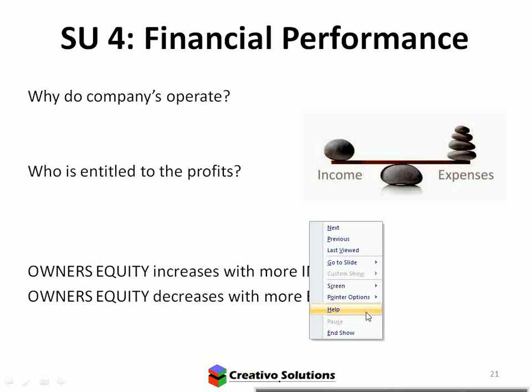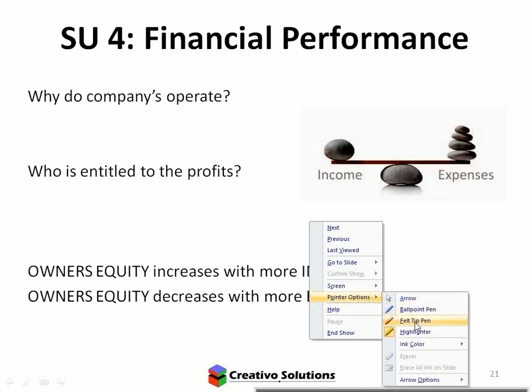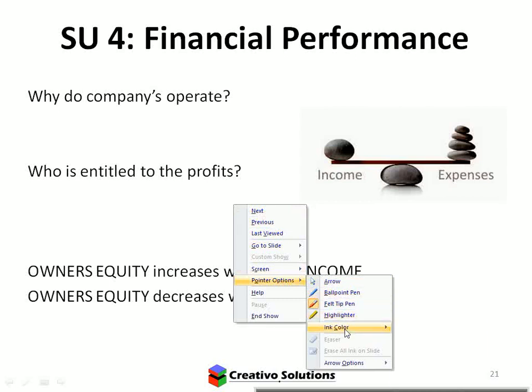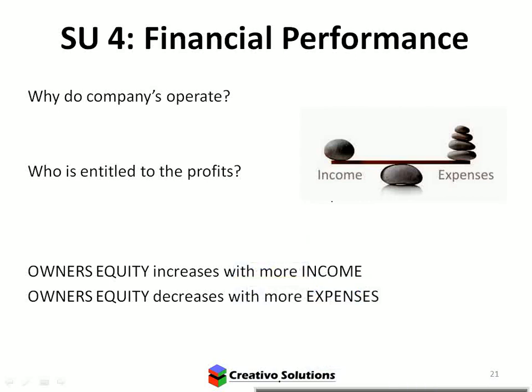Right, so why do companies operate, guys? To make money, but a better word for that when looking at accounting is net worth. That's financial position. So if we wanted to improve the financial position of the business, we would want to look at buying more assets and paying off the liabilities.